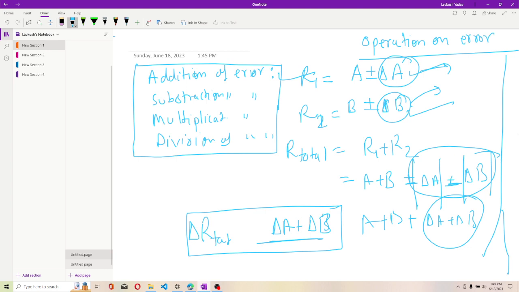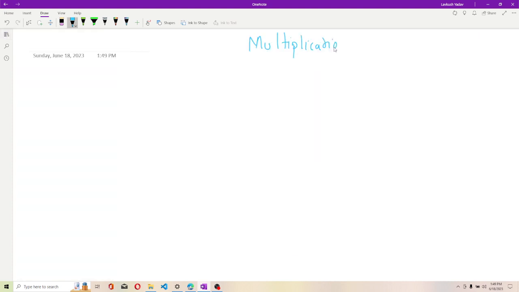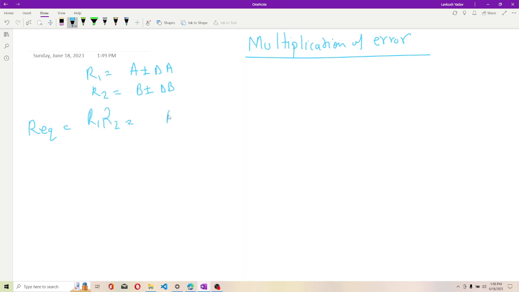Okay. So if I say multiplication of error, how can you say, suppose we have R1 is equal to A plus minus delta A, and similarly, R2 is equal to B plus minus delta B. Then R equivalent is equal to R1 into R2, which is equal to A plus minus delta A into B plus